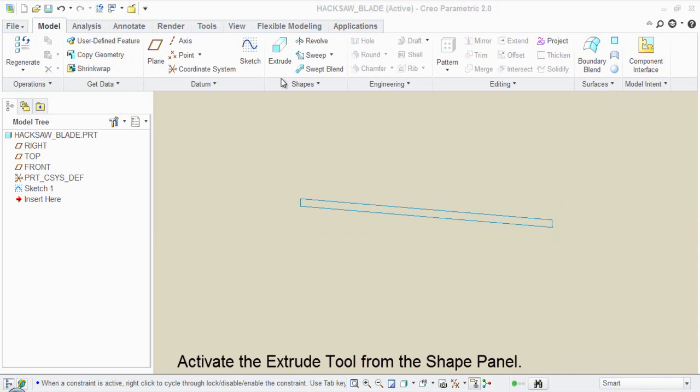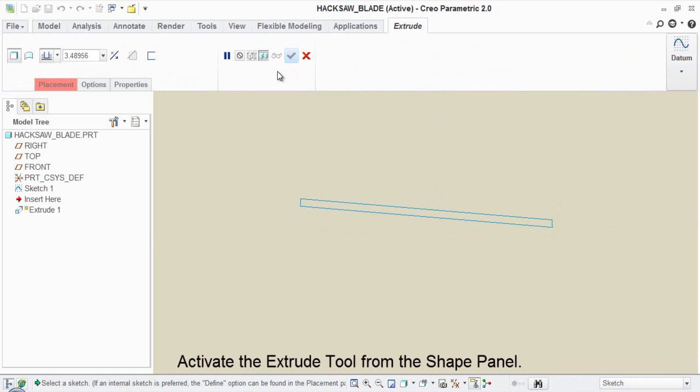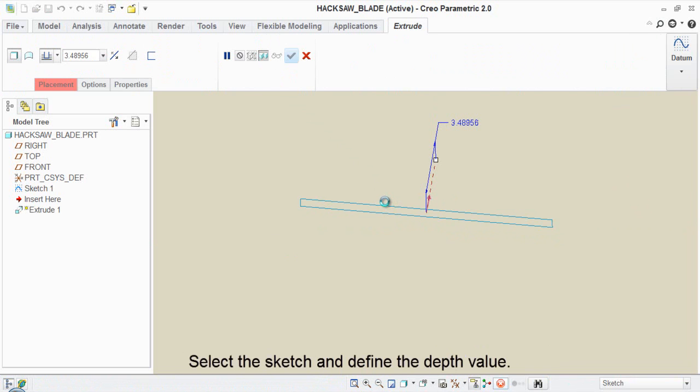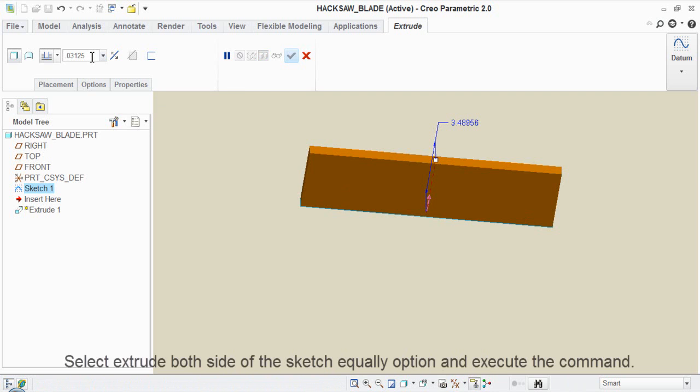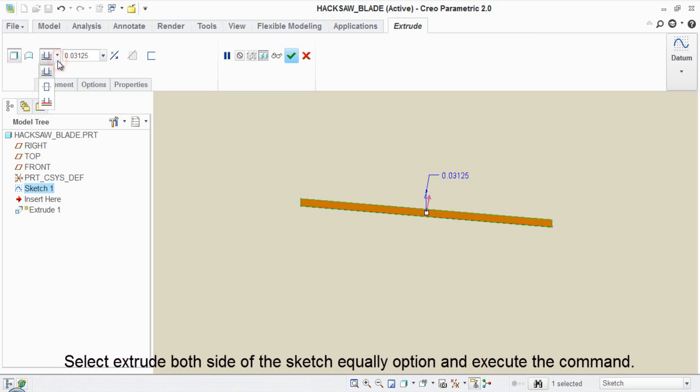Activate the extrude tool from the shape panel. Select the sketch and define the depth value. Select extrude both sides of the sketch equally option and execute the command.